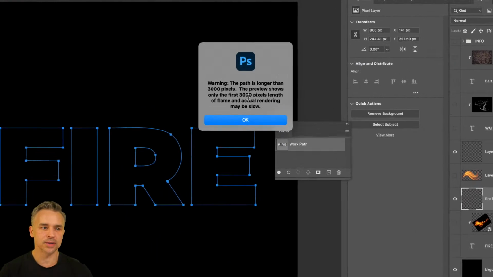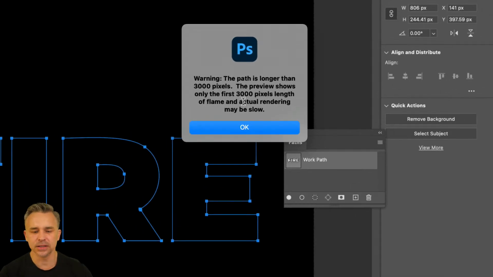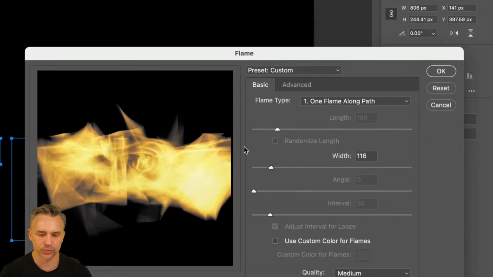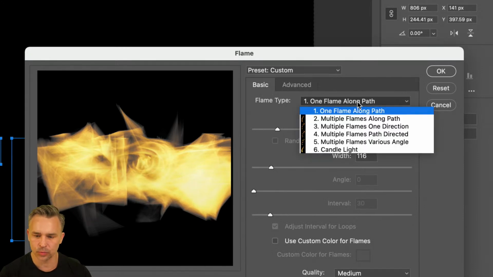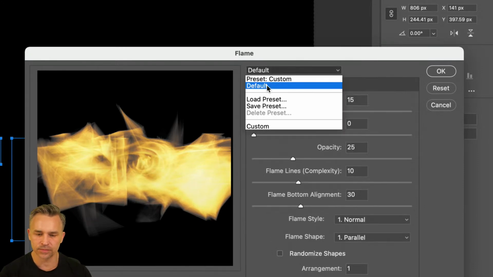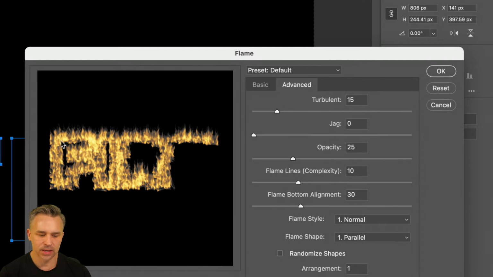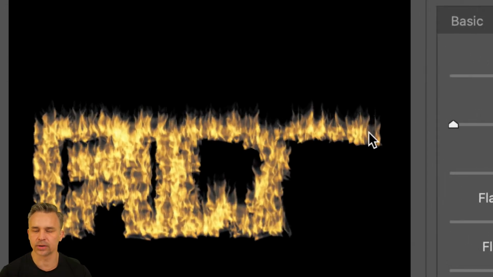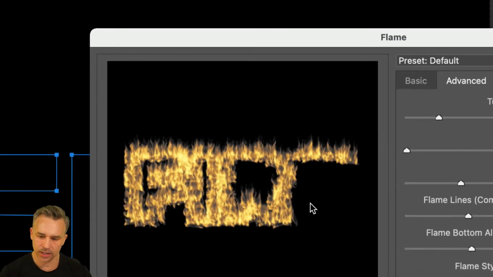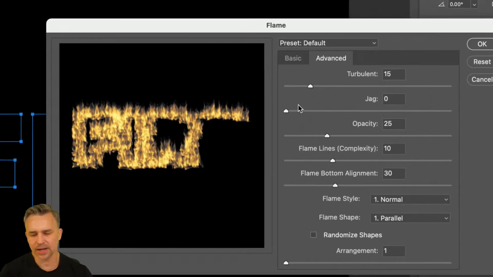Okay, so you will sometimes get this warning. Not a big deal. It just says, hey, we're rendering this. Well, the preview is only going to show about 3,000 pixels, but boom, there it is. We could see the fire. Remember, this is one flame along a path. Your default, if you come in here, it's going to look like this. It's only rendering out the first 3,000 pixels. It will still fill this in, so don't let that throw you. And I could say, that looks okay. You know, maybe I need to actually,